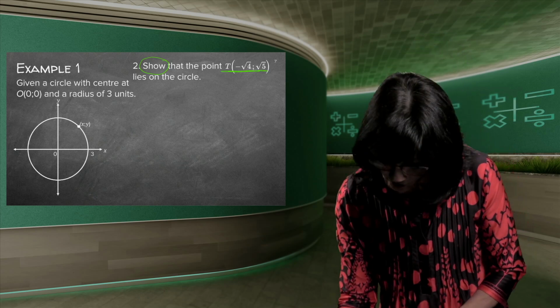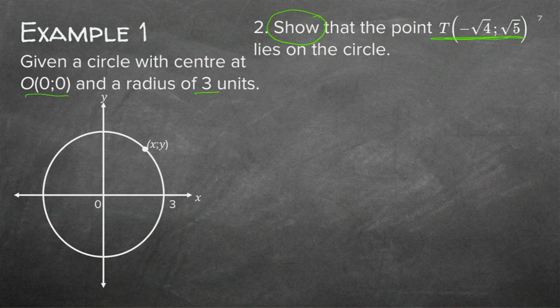So given this circle with center at 0, and the radius of 3, we already have that because we did it in the previous one. We already have x squared plus y squared is equal to 9. That was my equation that I found in number 1. Now I need to test if that point T is lying on this circle. Make very sure that you only do one side at a time. Left-hand side is x squared plus y squared, and that is empty bracket squared plus empty bracket squared.